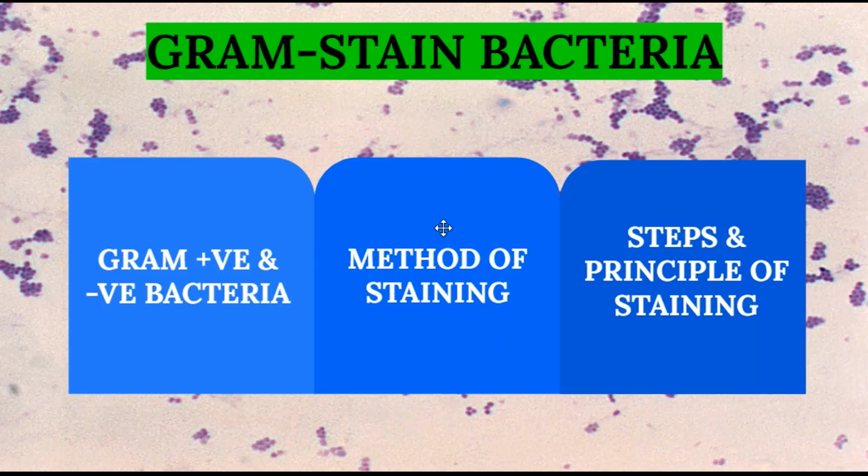Okay, so what do you understand by gram-stain bacteria? It is quite a confusion, like what we will understand from the word gram-stain bacteria. Let me tell you. Firstly, understand these are of two types. First is gram-positive, another is gram-negative. Okay, what is gram-positive? Gram-positive has a thick mesh shell made of peptidoglycan, and so are stained. Actually, not stained. We will discuss it later. It has a thick mesh shell which is made up of peptidoglycan.